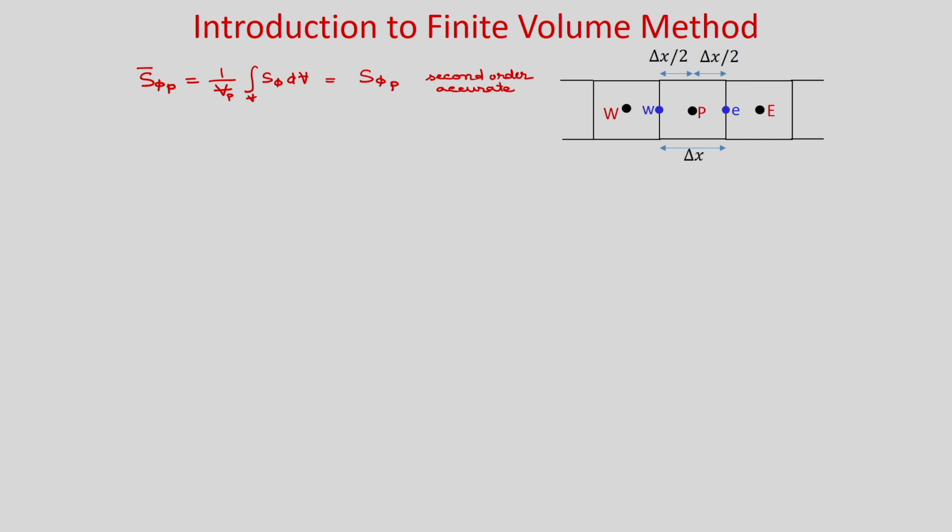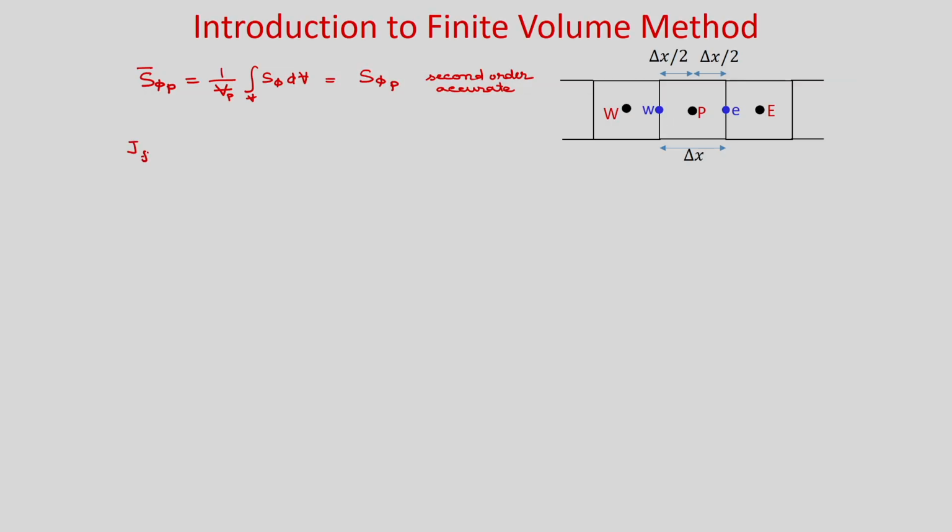Okay. It is also true for the phase integral. So, any quantity which you are integrating over the phases, and if you take the average value at the phase center, then using this mean value approximation you can show that this is also second order accurate. So, whatever these fluxes we are integrating over the phase, okay, J E or J F, if you take the average value at the phase center, that will be second order accurate. So, JF, okay.